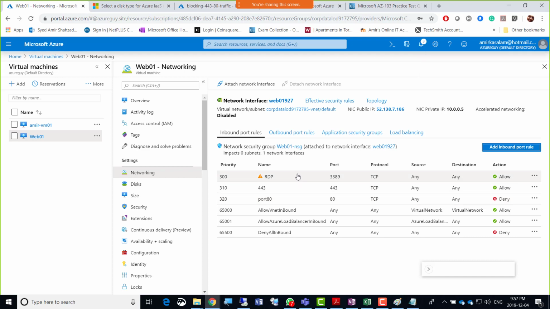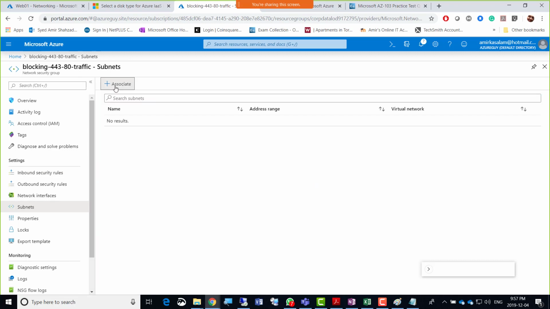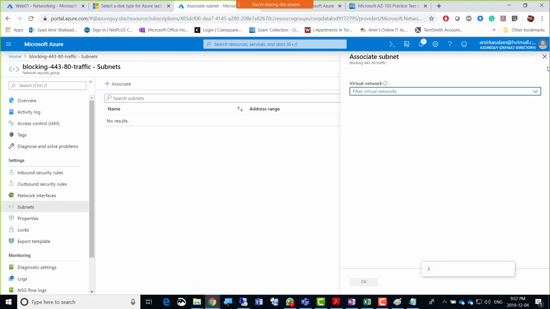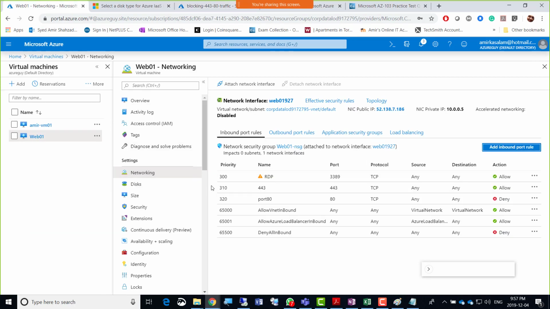So guys, instead of creating a new NSG and attaching that, we could just create the rules right away here. Otherwise, this is the NSG that was attached there. I could have gone for subnets and here associated with that subnet and then associated with the virtual machine as well, if I had wanted to go that way. But this is better: go inside the virtual machine and do that. Thank you for reminding me of that, Ali.